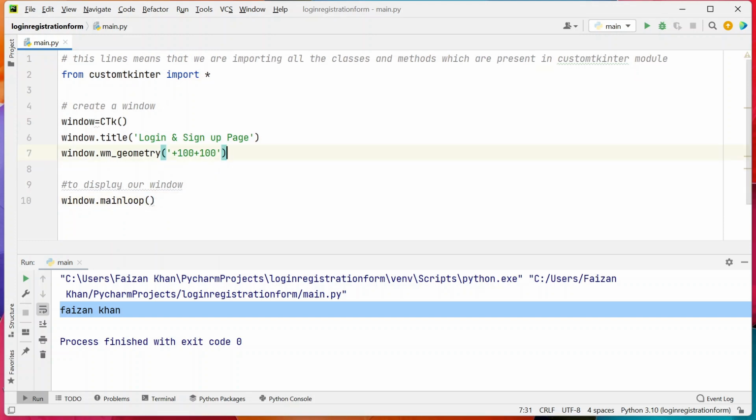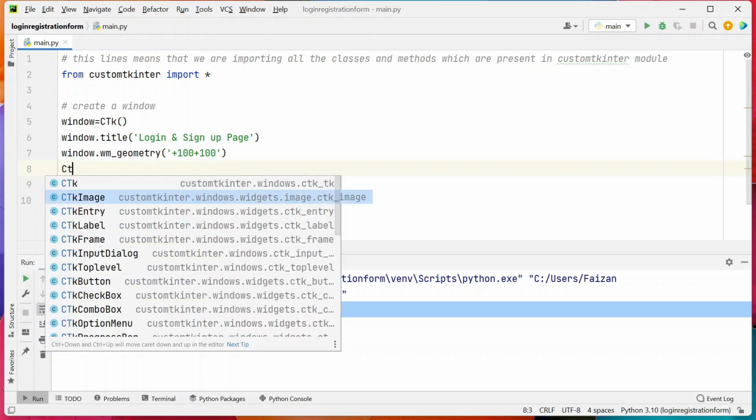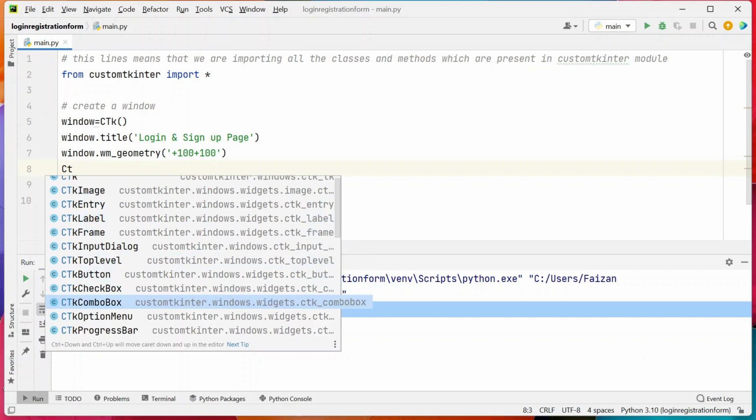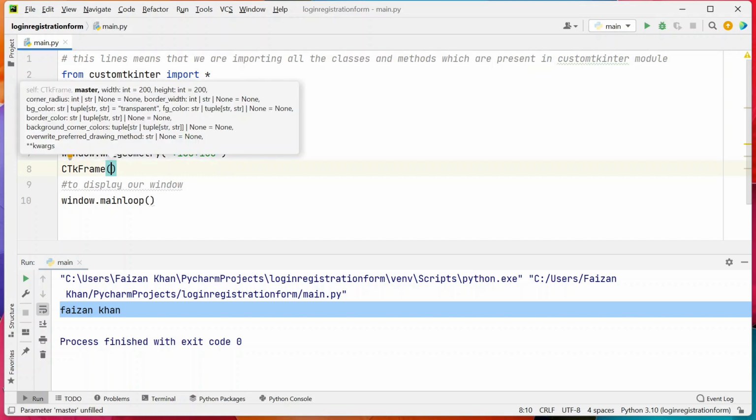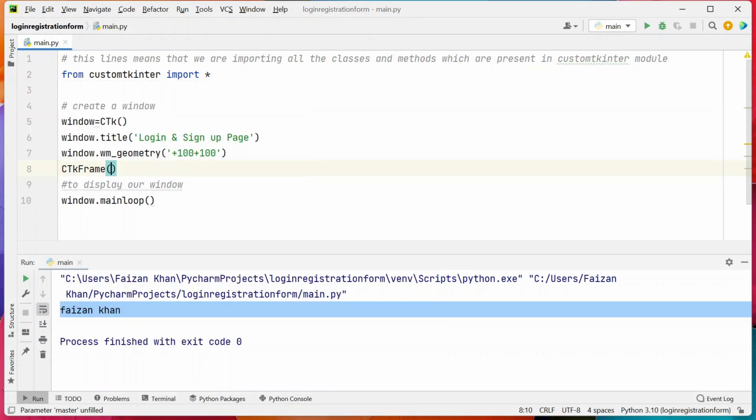So we were about to create a frame, right? So as I told you, we have a class inside this module. So the class name is CTK frame. So you can see when you are writing CTK, you are getting a lot of suggestions. So this is the benefit of using IDE PyCharm. Okay, so CTK frame, this helps in creating a frame. Now where you want to see this frame, first of all you have to mention that thing. So we want to see this frame on our window, right? So we'll pass window here,